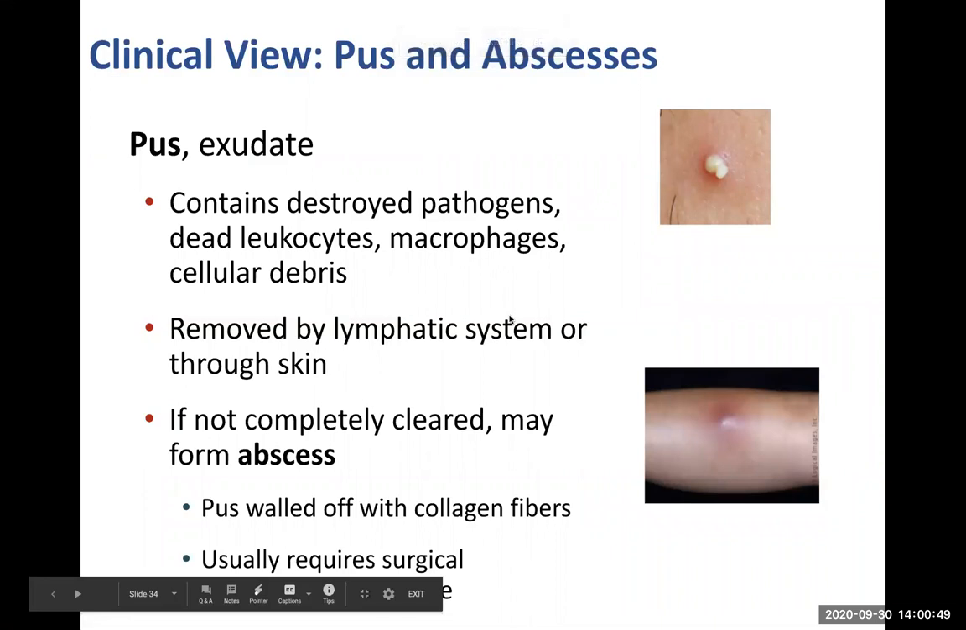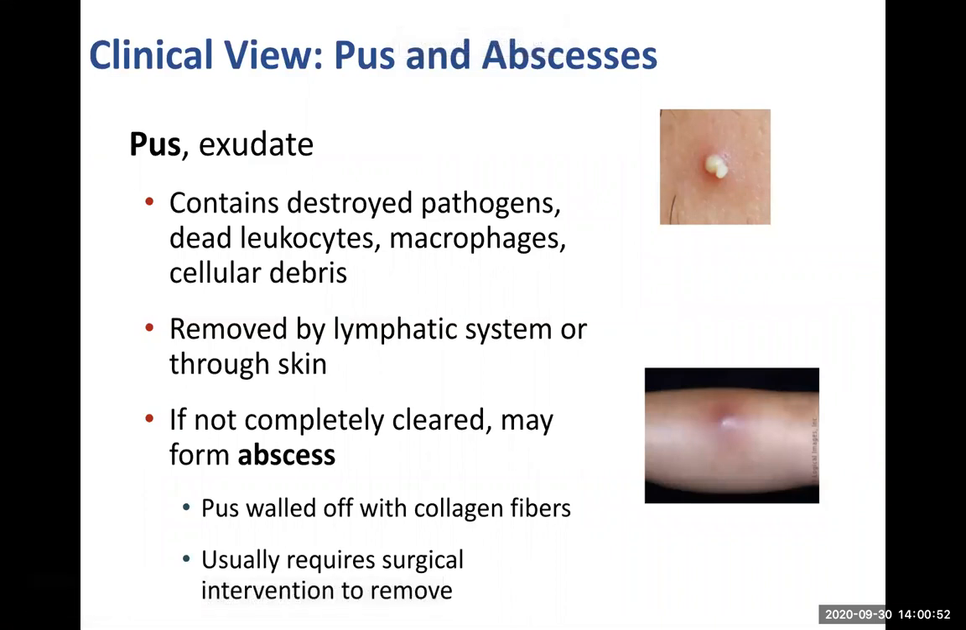So pus is the layman's term for exudate plus cellular debris. Exudate, like I said, is formed because we get an increase in interstitial fluid. And when we talk about infection, what inevitably happens is that fluid gets combined with cellular debris and white blood cells, and the result of that is pus. Pus is typically removed by the lymphatic system, but if it is not,